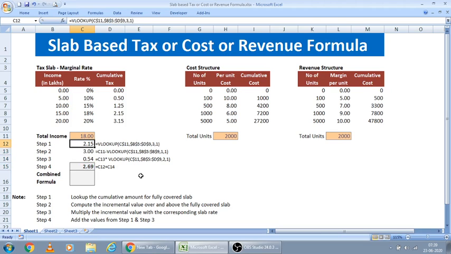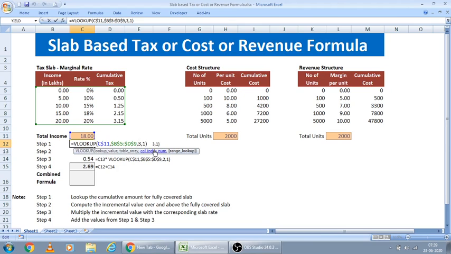The first one, to bring this cumulative tax for the fully covered portion, I am using a VLOOKUP formula. VLOOKUP this total income, looking up this rate master and bringing the third column. It means cumulative tax.